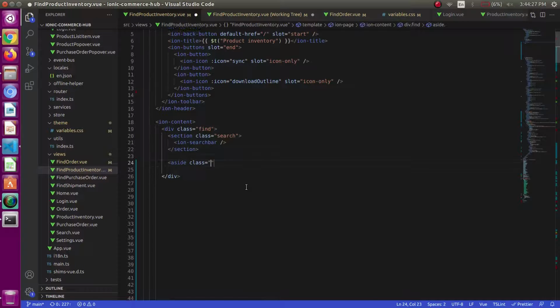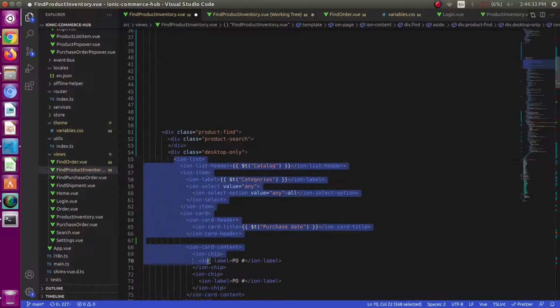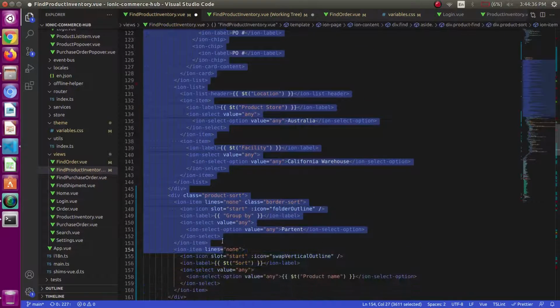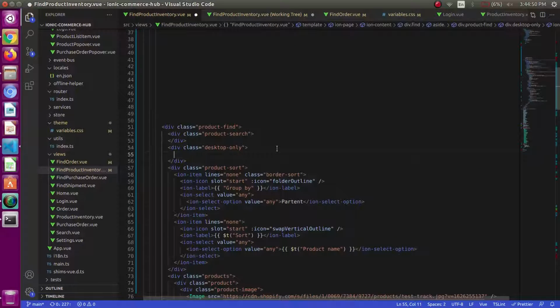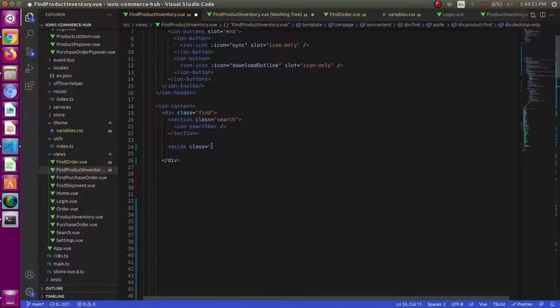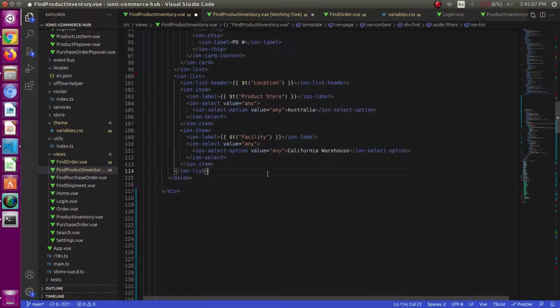So I will be using an aside tag for that, and we'll be just cutting the whole filters part from here and pasting it in the aside filters. So this is our filters part.